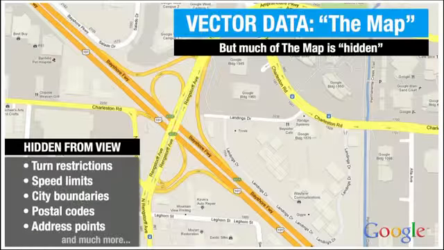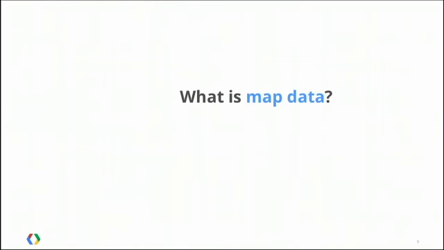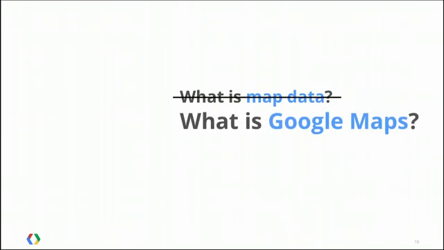Well, for purposes of this talk, we're going to define map data as the vectors on the map. This is basically everything you see on Google Maps that isn't an image. It's the roads, it's the postal codes, it's stuff that you don't see, like speed limits, city boundaries, everything that makes directions work, search work, all of that data, that's the data that we're talking about creating. So, having answered what is map data, there's actually a bigger question. What is Google Maps? Because the reason for ground truth has to do with a whole ecosystem of considerations.